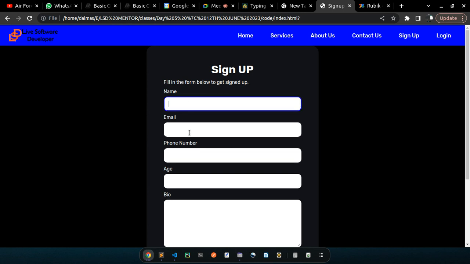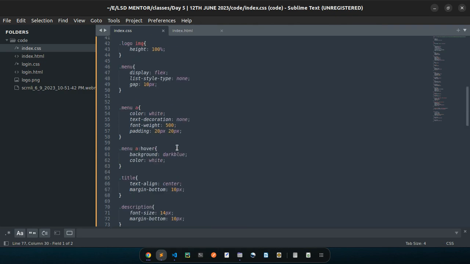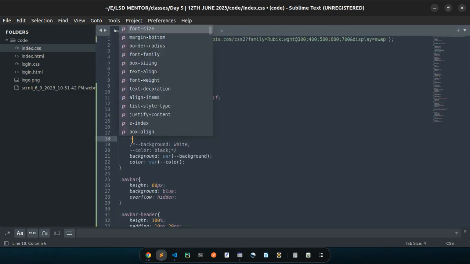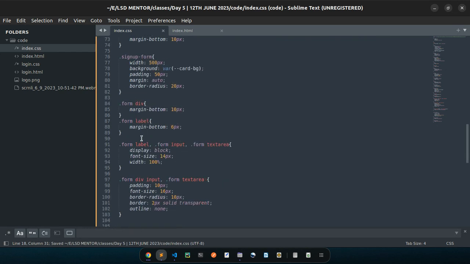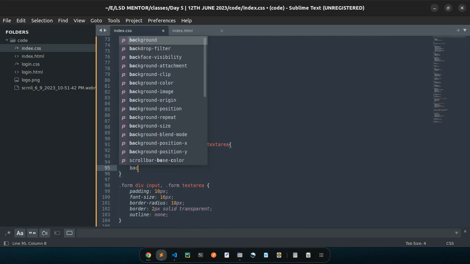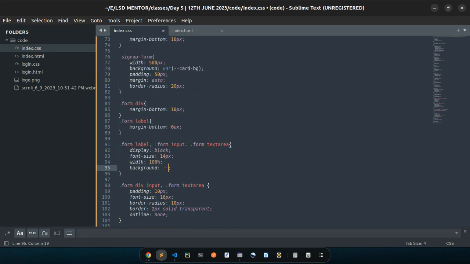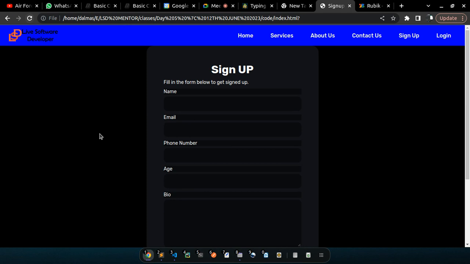Now the inputs have a background that we don't like. So for that I can come up here and say dash input bg, and this will be something like RGBA, 0.0, like before. So that's the input background. I come here to inputs and say background equals dash dash, that's for input background. Refresh the page. Now the inputs have switched, except it switched even the